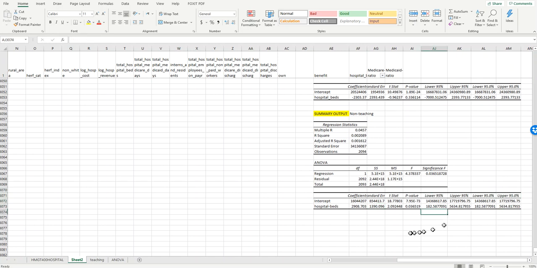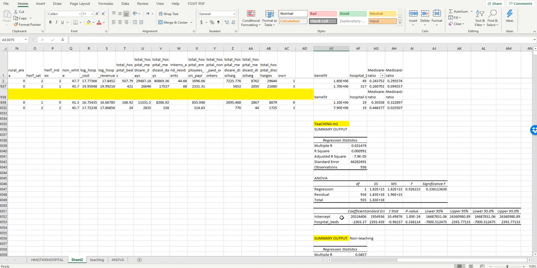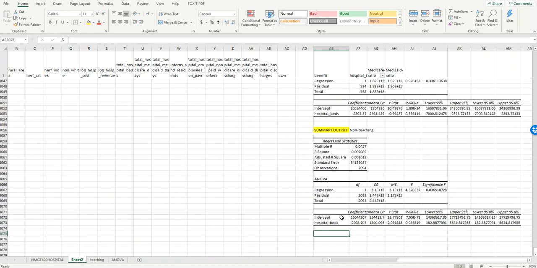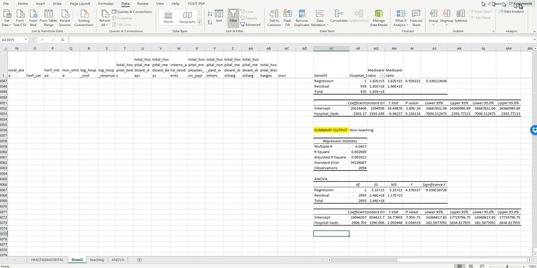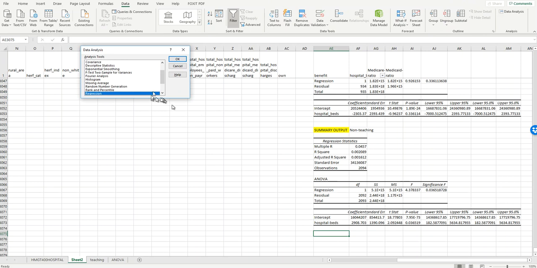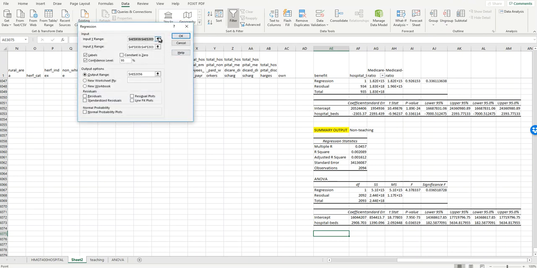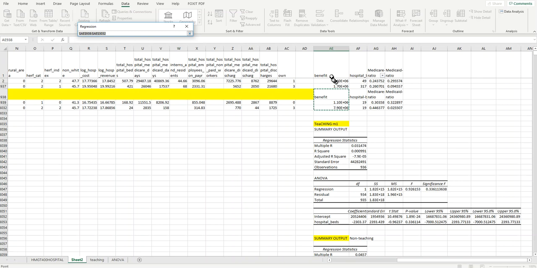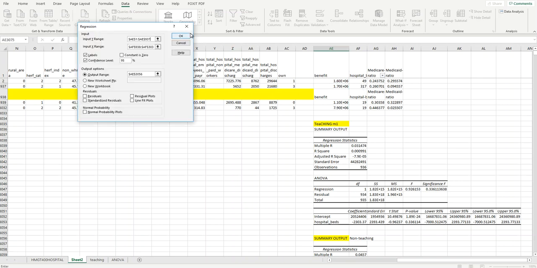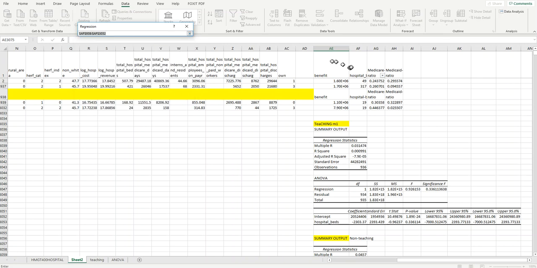I think the question asks you to report this, and you have n here, observations. You have R square here also. This is the first model, second model, the last model, the third model. Actually, I'd like you to include all of them. Click on the data here. Go to data analysis, regression. For the first model, I need to include this, right? This is the teaching. And this is the second model. You should include all of them, right? All of them